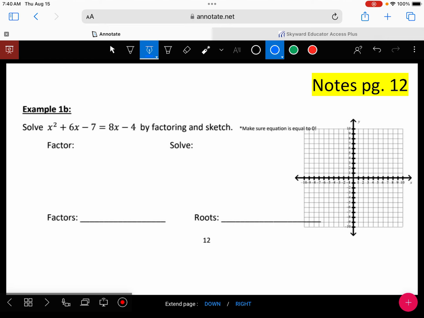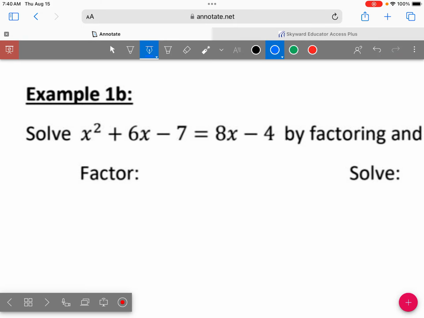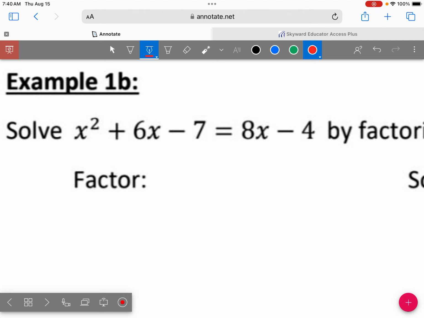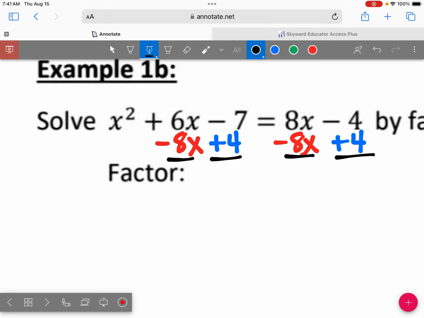Let's do 1B. So your very first step is you have to set this equal to 0. All right, so I'm skipping over, I'm at 1B. So do you see how we have these two on the left, on the right side? I need to bring them over. So we need to subtract the 8x. And then we also need to add the 4. They didn't really give us a lot of space here. So when we do that,